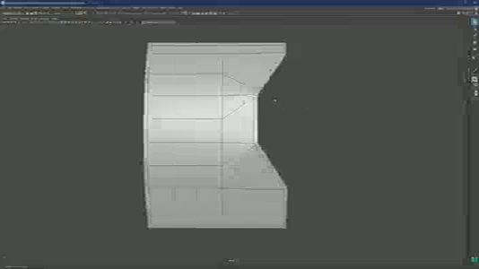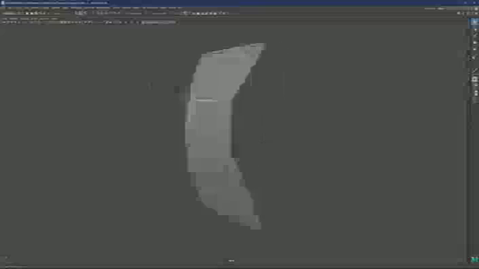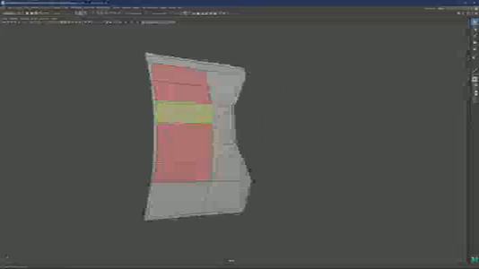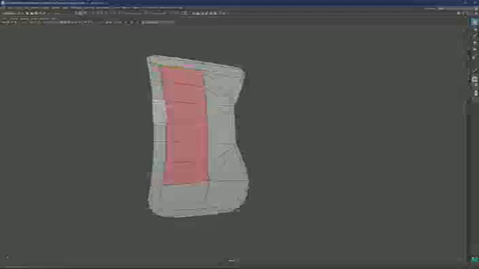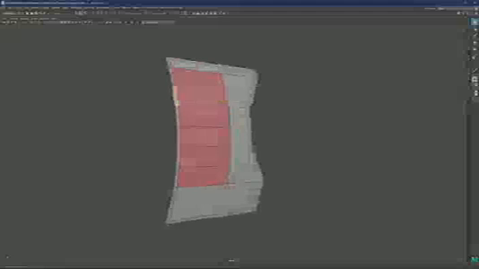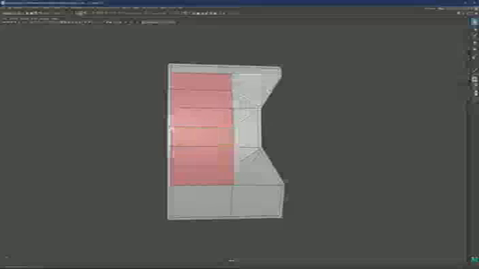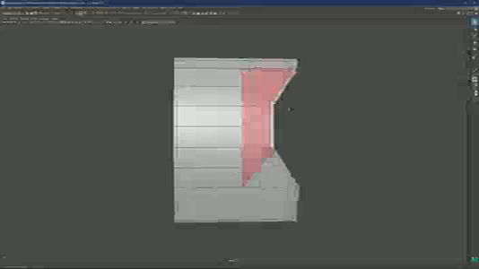Even though this is not the result you maybe want, this edge flow will tell you exactly what is going to happen. On one side, you can see that there is a pattern, and the pattern is fairly equal. It's fairly straight, and it doesn't have so much randomness as this one. If you compare these two shapes, you can clearly see where the difference is. One side, remember, is fairly curved and the other one is not.